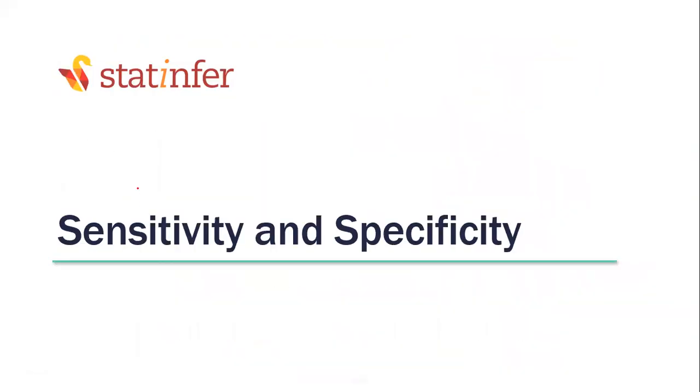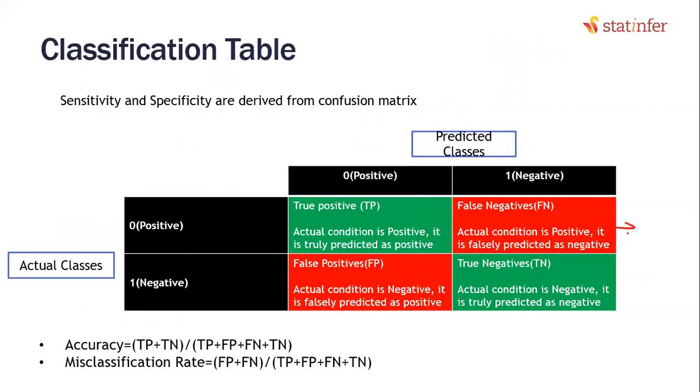Class 0 accuracy is known as sensitivity. Class 1 accuracy is known as specificity. That means if you have class 0, which is known as the positive class, its accuracy is known as sensitivity. Accuracy of class 1 is known as specificity. Positive predicted as positive is true positive. Negative predicted as negative is true negative. Then there are false negative and false positive. So the formula will be TP divided by TP plus FN. Or the simple formula is accurate predictions divided by the overall number of records in that row.